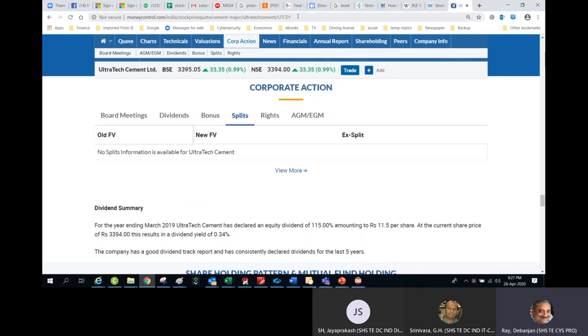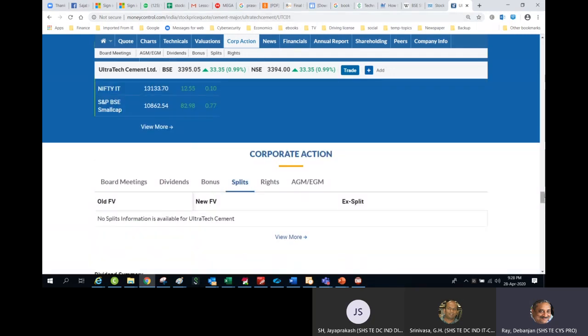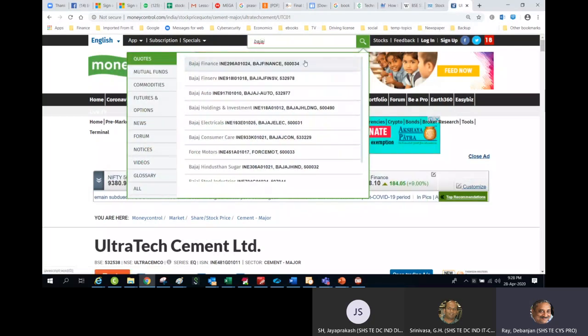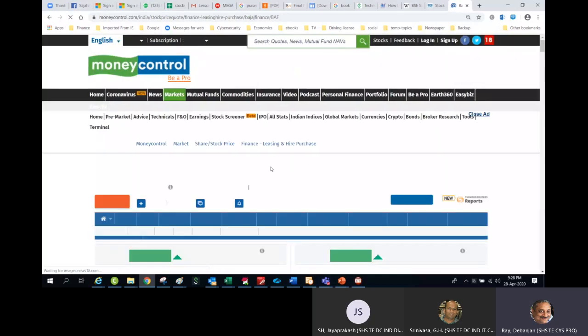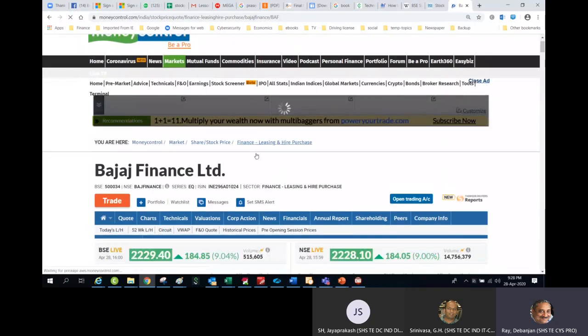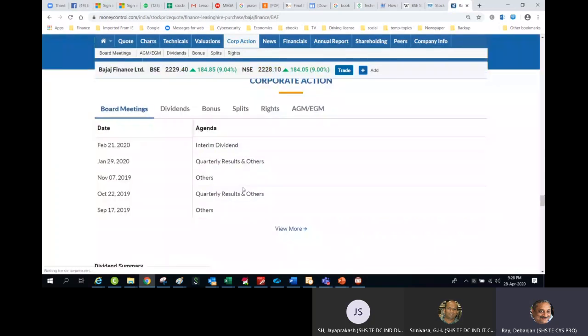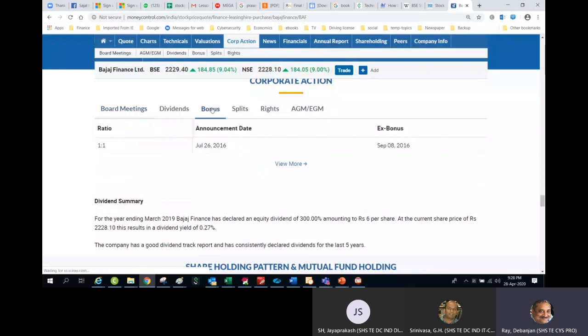For example, I'm just giving a hypothetical example that suppose we take another stock, say Bajaj Finance. Are you able to see my screen? Yeah. I go to the corporate action. I go to the bonus. It has got a bonus share, a 1:1 bonus share.